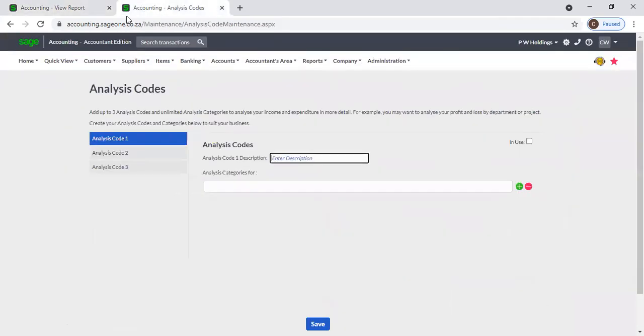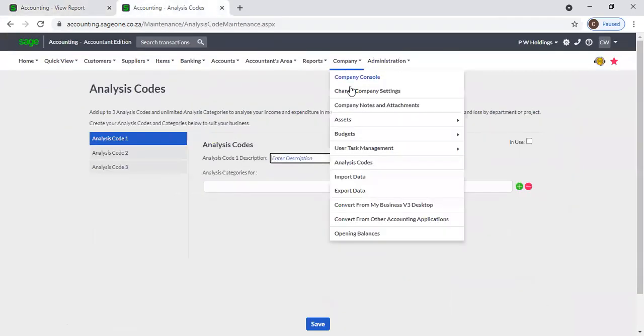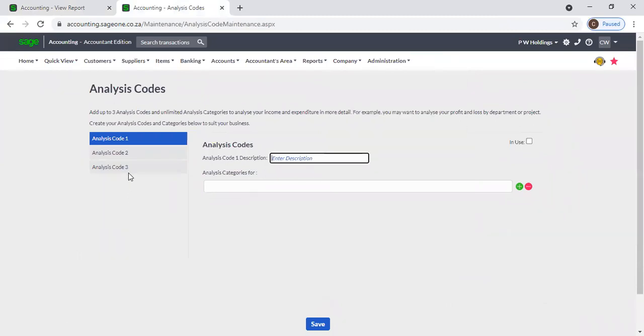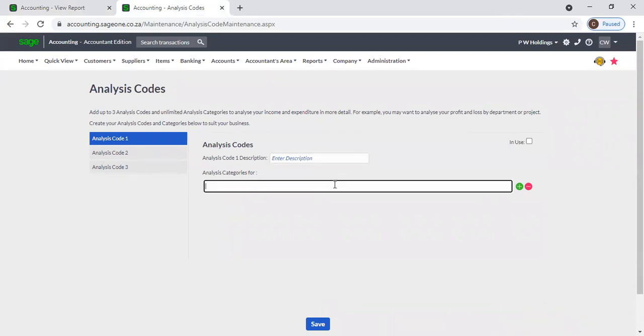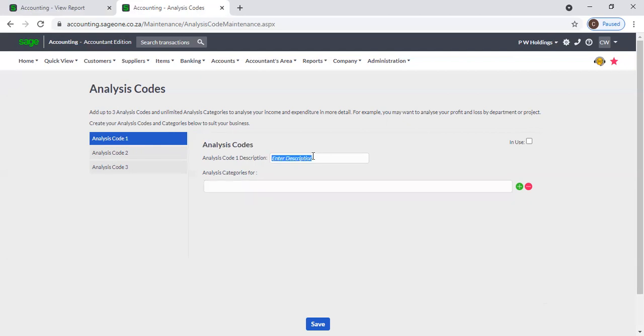Right, you can create your analysis code from here, company analysis code, and you have 3 analysis code categories, and you can create any number of analysis categories for each analysis code. Now here, if you want to rename your analysis code 1 as branch, you can move the cursor to analysis code 1 description, and you can type that name,